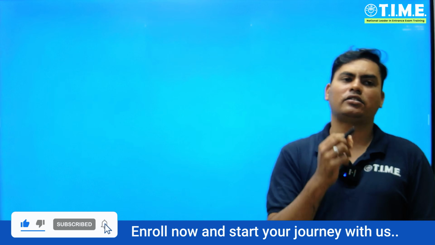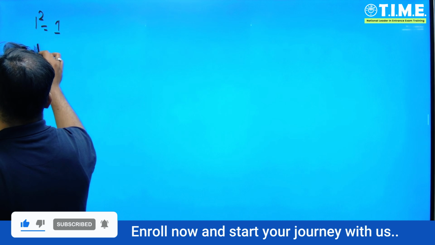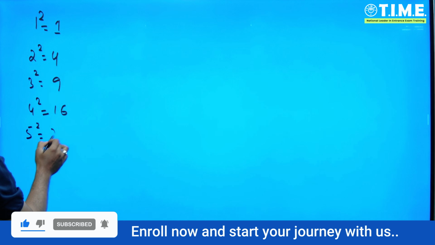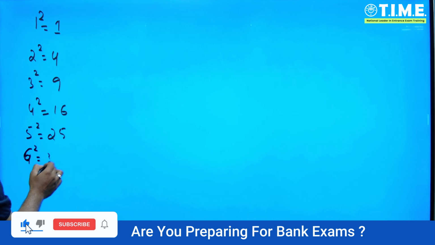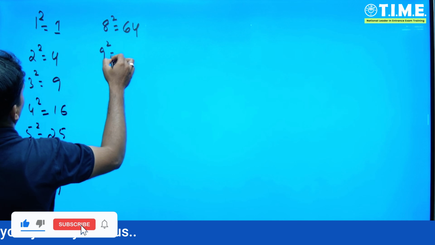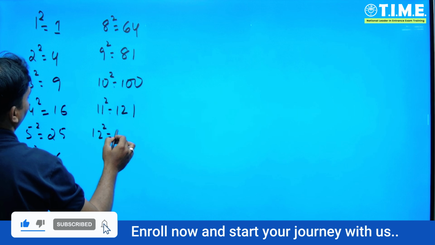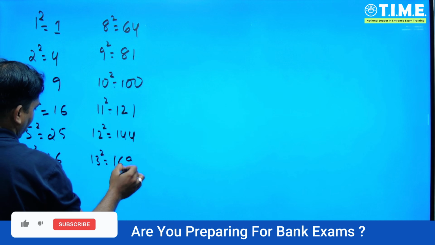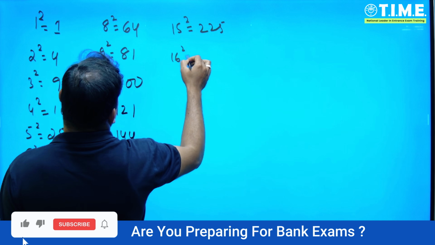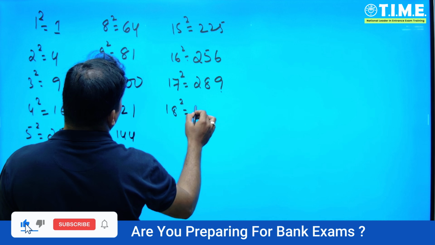Now, if you look at the squares from 1 to 30, you will find that 1 square is 1, 2 square is 4, 3 square is 9, 4 square is 16, 5 square is 25, 6 square is 36, 7 square is 49, 8 square is 64, 9 square is 81, 10 square is 100, 11 square is 121, 12 square is 144, 13 square is 169, 14 square is 196, 15 square is 225, 16 square is 256, 17 square is 289, 18 square is 324,